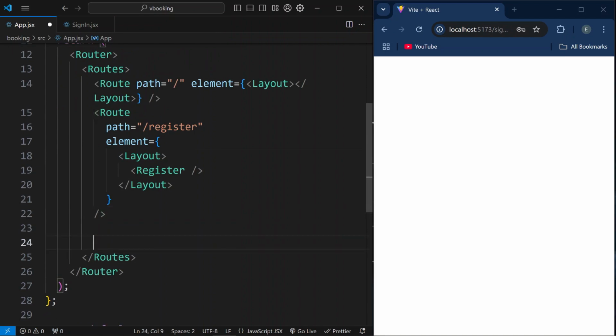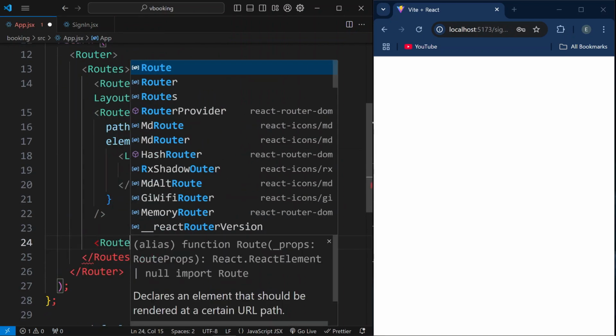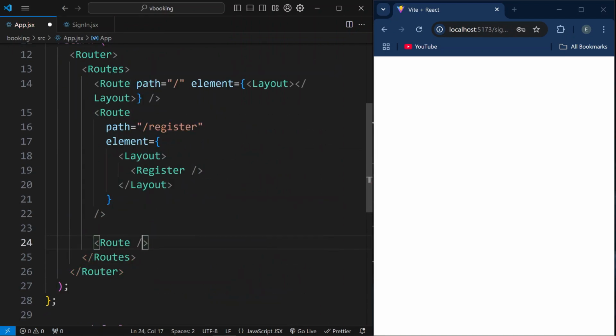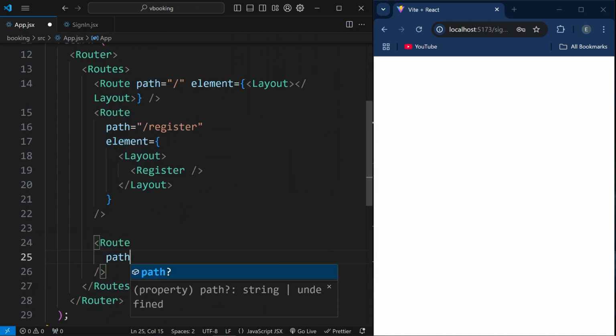After this register route, let's create another route for our sign-in page. Path will be